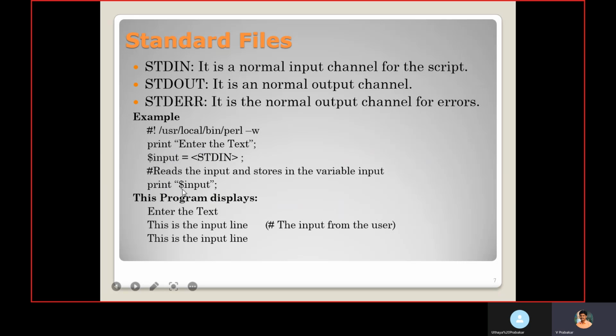Then using print, we are printing the value of that variable. We should use $input to give the value stored in this variable so that it gets printed. So here, "enter the text" is printed. Assume we give "this is input" as input. Using this print, we get the output: this is input.